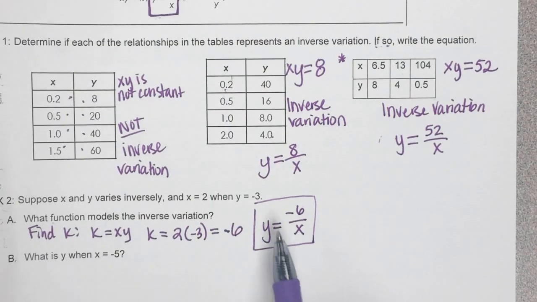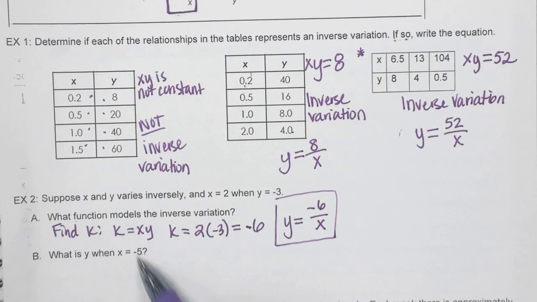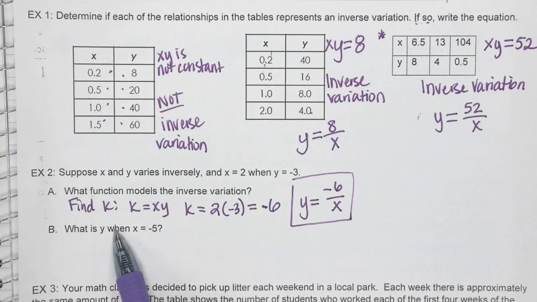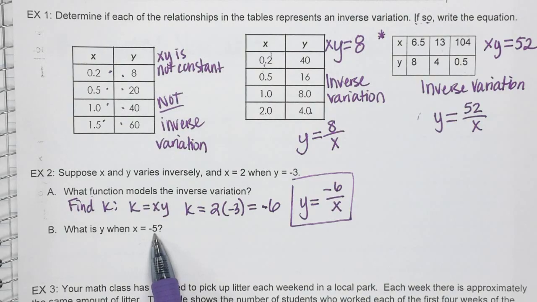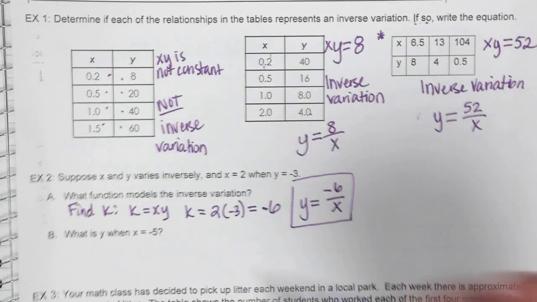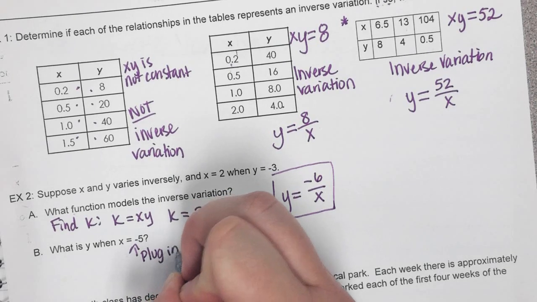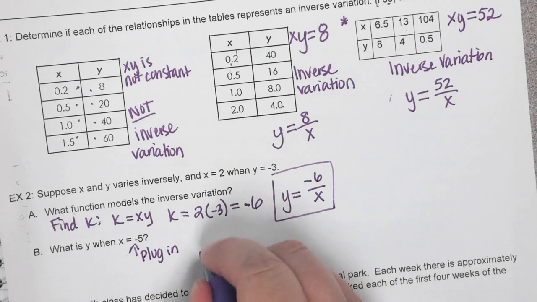Then typically after we find the function, we're asked another question, like to find some value. Okay? So what is y when x is -5? All you do is you plug this number into your equation. That's it. So we just plug this in. So plug in. Okay? So y equals